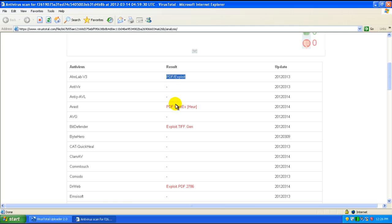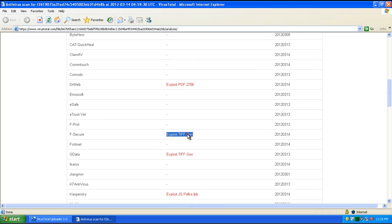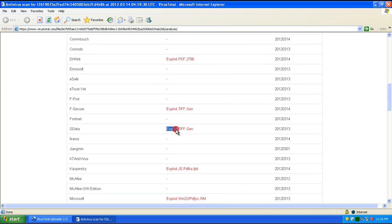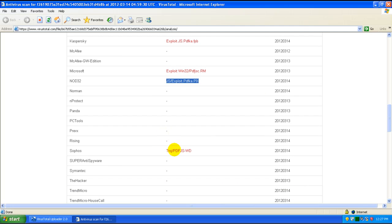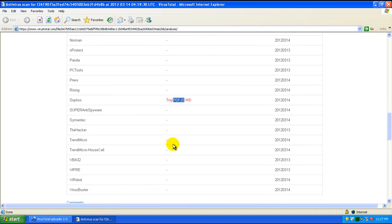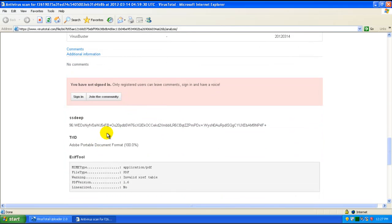AhnLab got it. Avast got it. The Defenders got it as well. There you go. Komodo doesn't get it. Neither does Emsisoft. But Dr. Web's got it, and F-Secure's got it as well. Now G Data have got that. So have Kaspersky and Microsoft and ESET, and so forth. So quite a lot of engines have detected it. And if we see, it was last seen on...